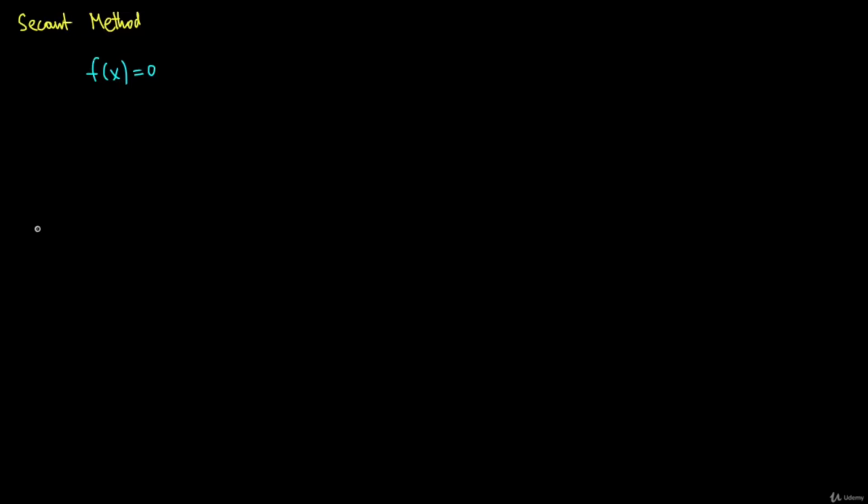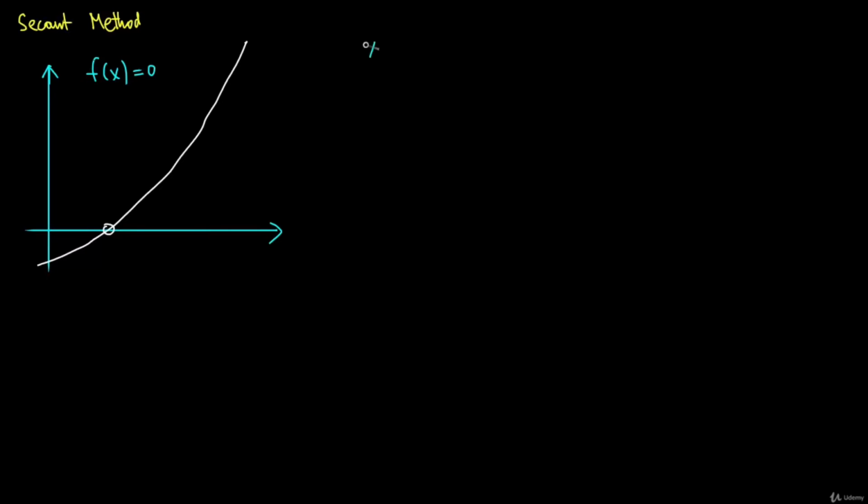Once again, I'm going to draw how it actually works. So let's have the y-axis and the x-axis going like so, and then let's suppose that here is the function that we're trying to solve for. So we're once again looking for this particular point. What the secant method suggests is that we pick some points. We pick a point x0 and x1, and then we try to connect a secant, so a chord which actually